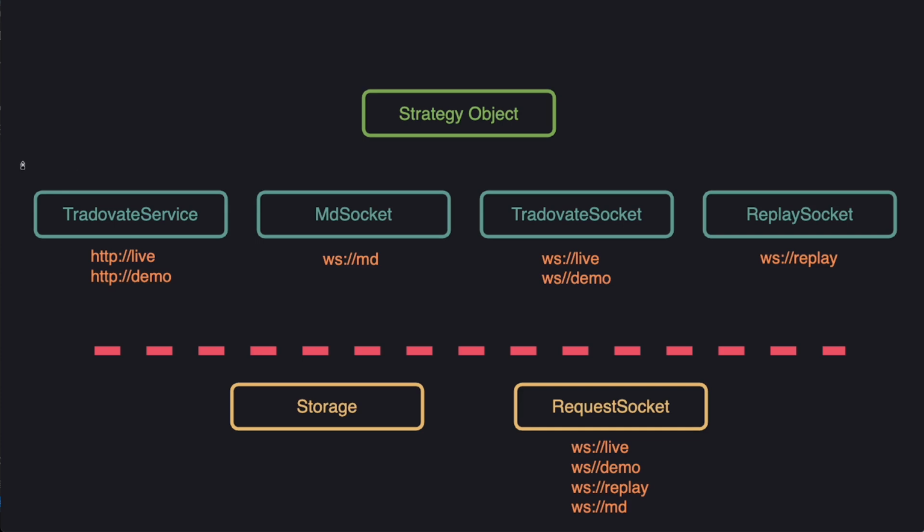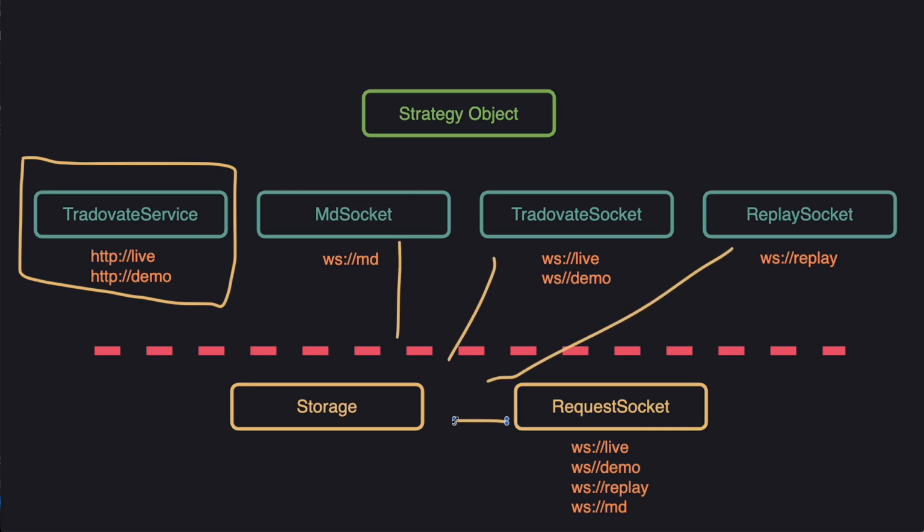So that's what Tradovate's service is for. You can use it for any API call over HTTP for Tradovate, but primarily you will likely use it for importing and passing in your credentials to get an access token. Once you have an access token, it'll save it to the storage object for you automatically and save it as a singleton. So now anywhere any of these